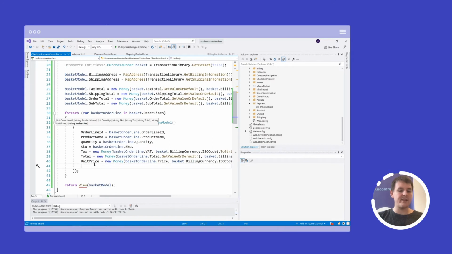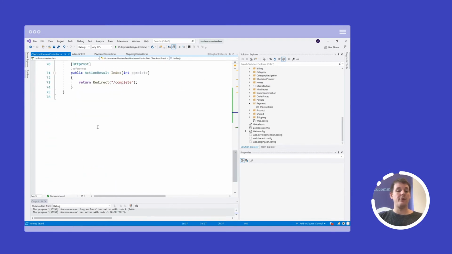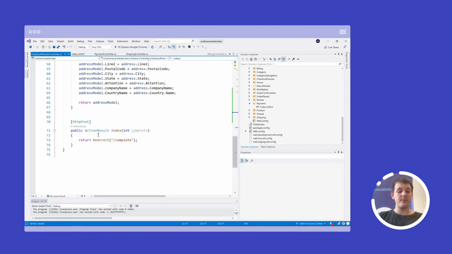And that's actually it. We don't have to do anything else in terms of showing the data on the storefront. Now it's time to also check the customer out. And the way that we do that is by redirecting to the payment request page in UCommerce, which is a processor that takes in an order and then it figures out what to do with it. Mostly it will just call request payments on the payment method used.